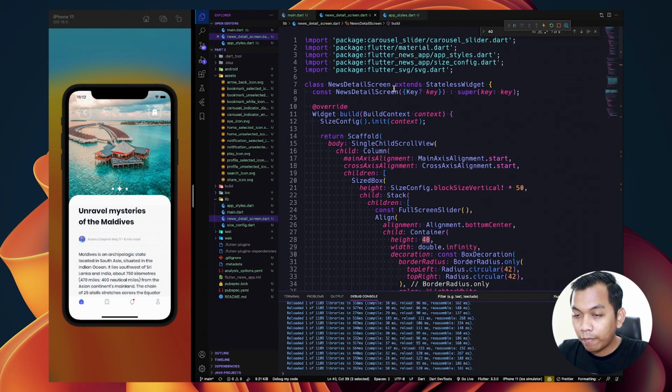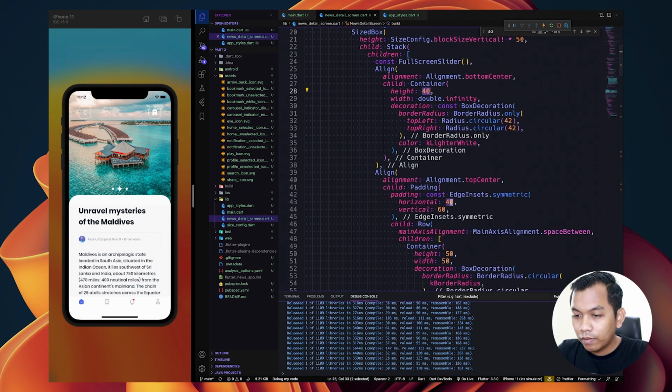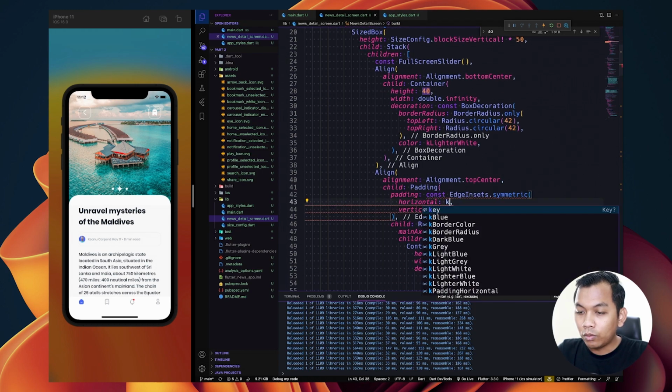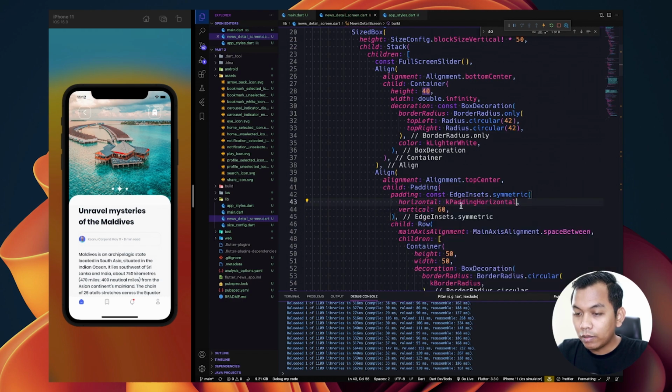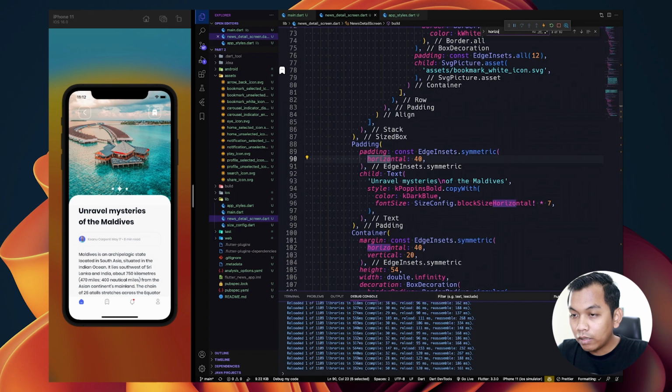And what we need to do with this padding is set it to k padding horizontal. So let's find horizontal and change the value to padding horizontal.